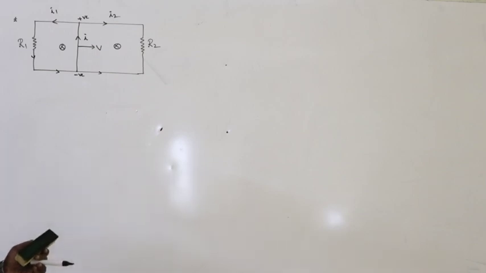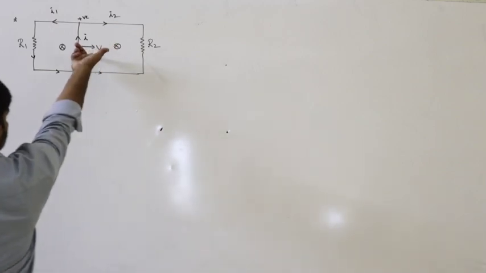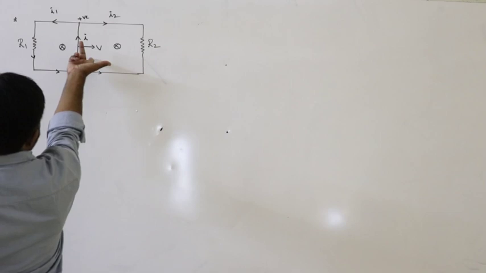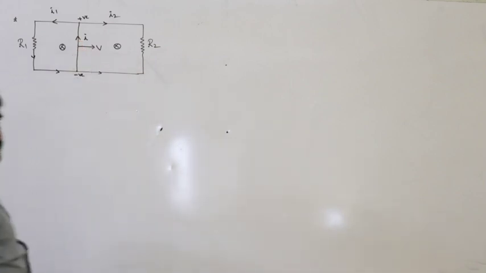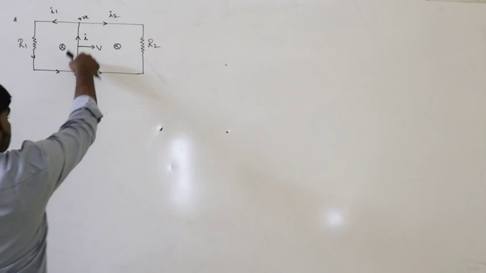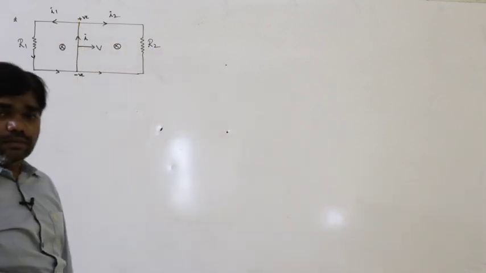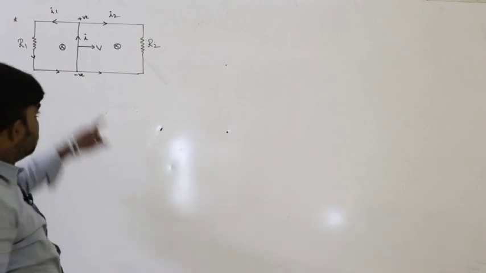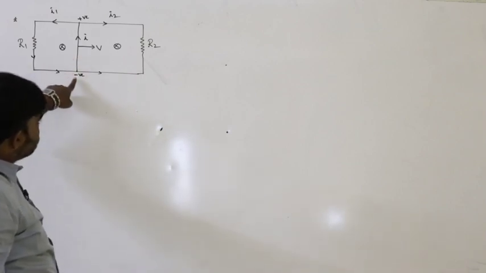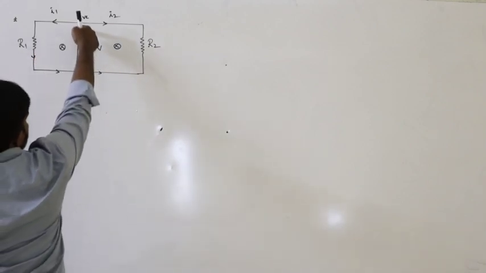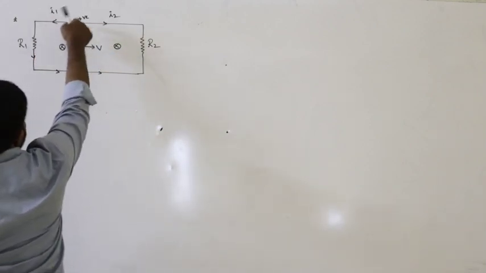According to Fleming's right hand rule, forefinger indicates the direction of the magnetic field, thumb indicates the direction of motion of the conductor, and central finger indicates the direction of the induced current. So this conductor acts as an energy source, that means a battery. Inside that battery, the current flows from negative terminal to positive terminal, like that. So this is the direction of the current here, and here the current divides.